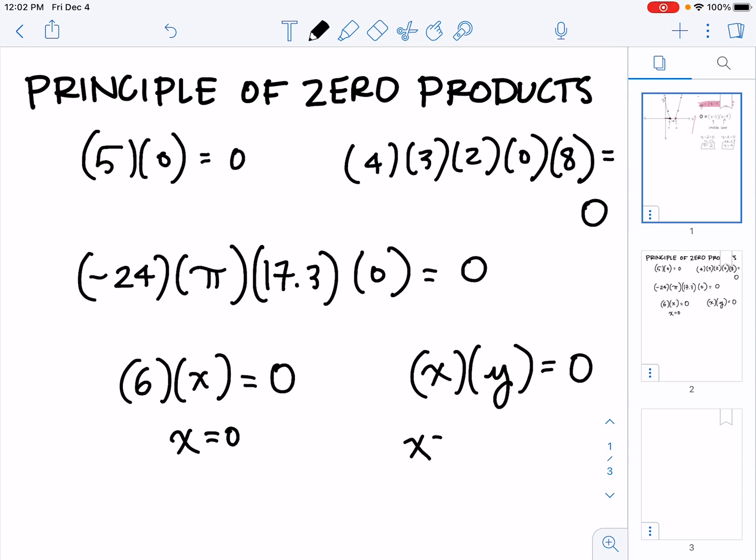Either x is 0 or y is 0, or I guess you could even say both of them could be 0. And that is the principle of zero products. The principle of zero products says if two numbers multiply to make 0, then one or both of them are